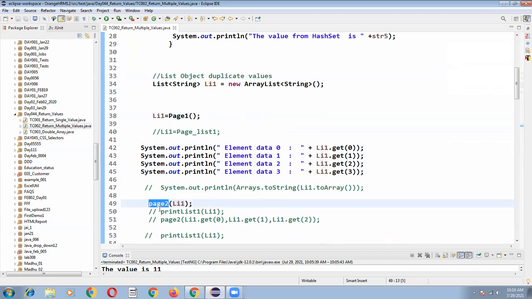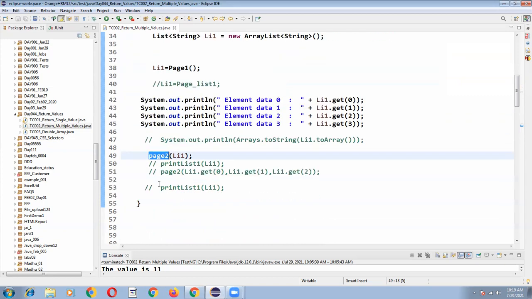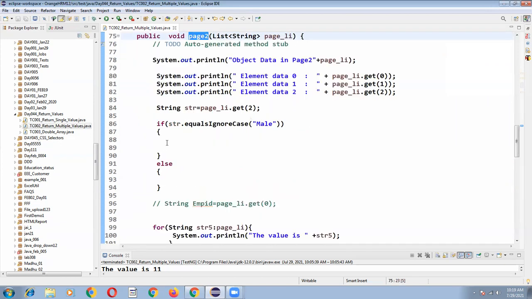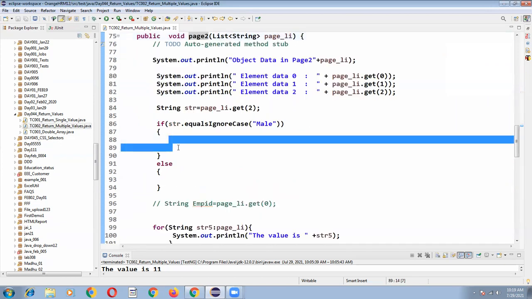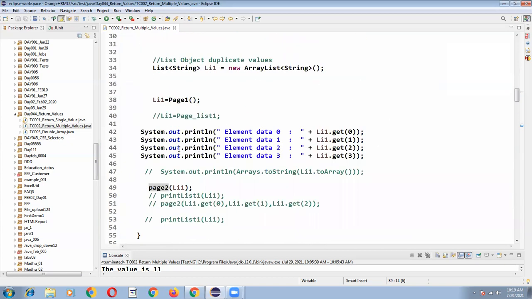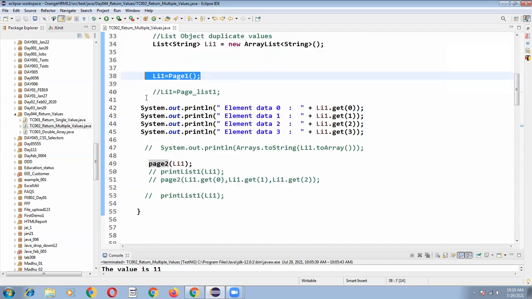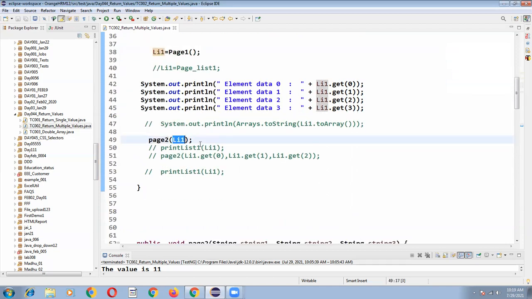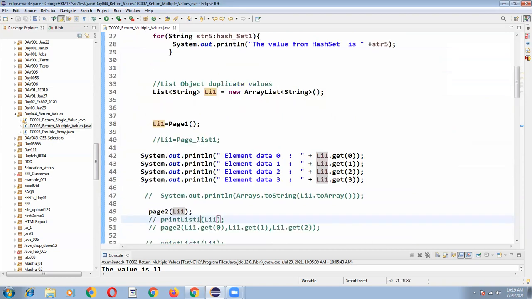You navigated to page 2, and page 1 input data is required in page 2. So this list object information is what you are passing to page 2. You go to page 2 and there you want to write some logic based on page 1 input data. So in this case, you have to know how to get the list of objects' information and how to pass a list of objects to another method. This is a very important topic.